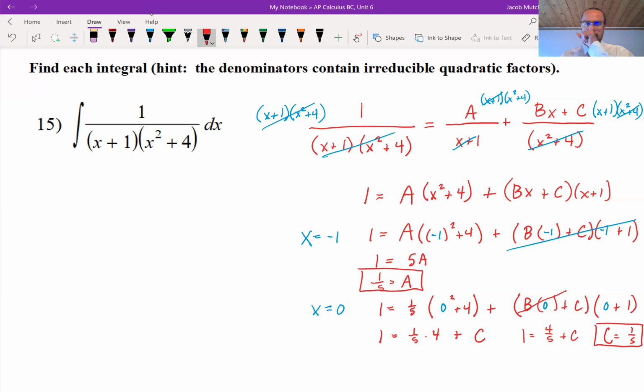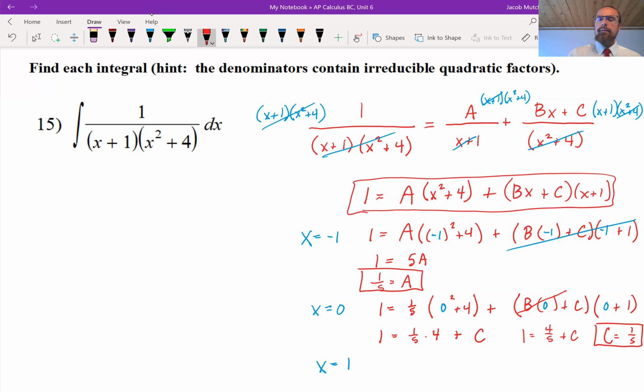All we need to do now is come up with a third value. We need to solve for B. So what I want to do now is choose, again, a value for X that will help me cancel stuff. So I'm going to choose X as 1. And for this last substitution, I've got 2 of the values. I've got A and I've got C, so I can plug those in as well. So I'm going to box this because we keep coming back to that upper one as my kind of home base. 1 equals A is 1/5